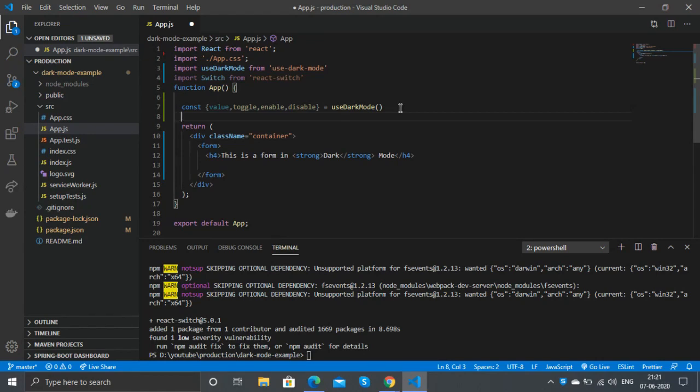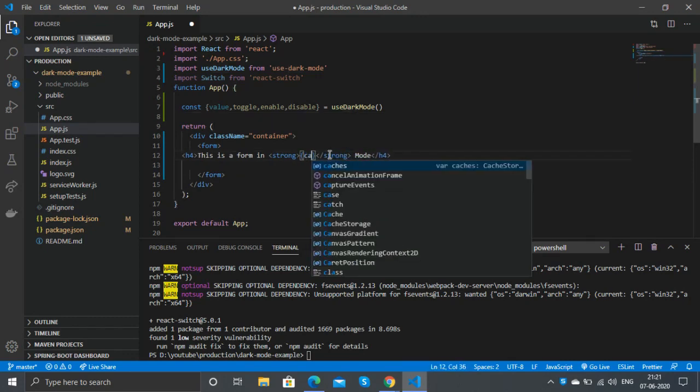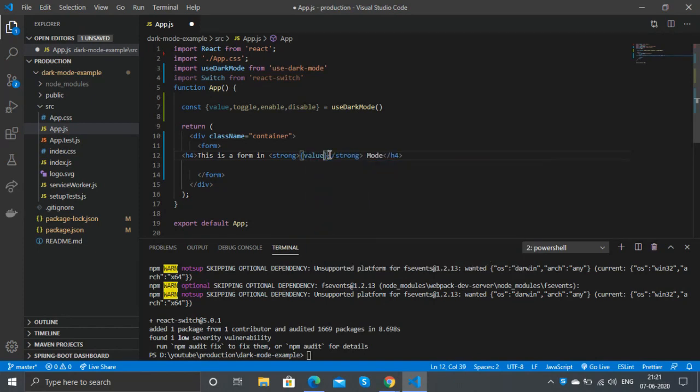It is a boolean value that gives true or false. The toggle function can be used to switch between the light and dark modes. This is what we will be applying to our switch. With enable and disable also you can do the same. Instead of toggle you can create a button to enable or disable it. So let's add the value. Let's check with the value whether it is a dark or light mode and show that in the heading.